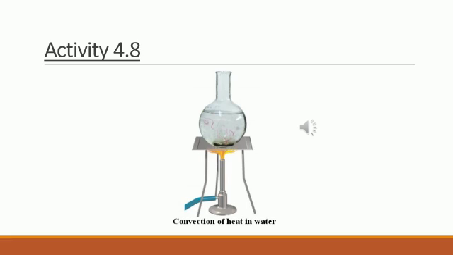This mode of heat transfer is known as convection. Initially, only the bottom water which is very near to the flame gets heated and rises up, and it sends the top water towards the sides of the flask to get heated. This process continues till all the water is boiling. This mode of heat transfer is known as convection.